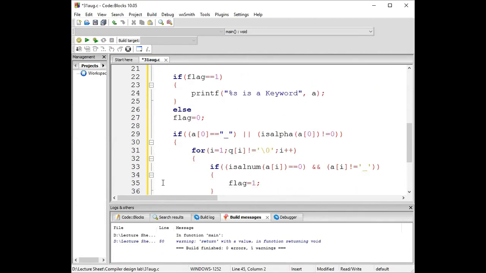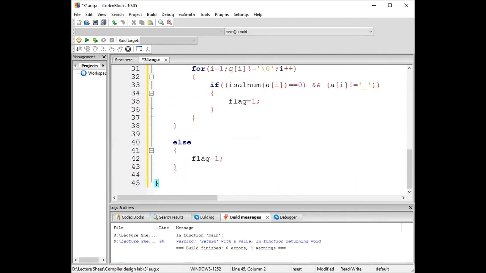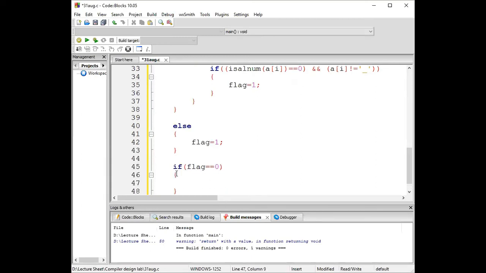আচ্ছা আগে লিখে শেষ করি। So flag equal to 1 else flag equal to 1 এরপর যাব হচ্ছে আমি okay. So in case of flag is equal to 0, so what it should print in that case? So I'm typing if flag is equal to 0, then it must print